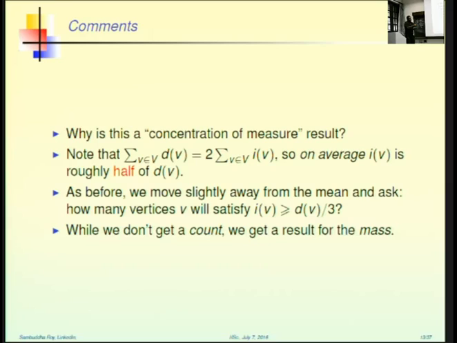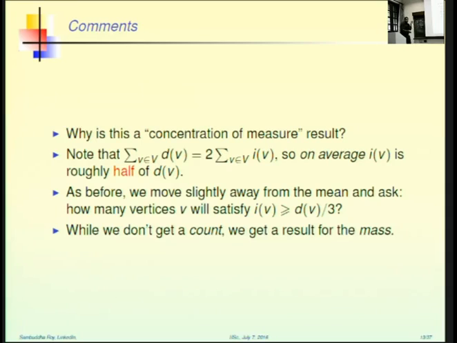And we move away from the mean and ask how many vertices V will satisfy IV is at least dV by 3. Like in the previous problem, we were not able to give a count. Give me the count of the guys who are at least half. We did not do that. All we could say was, take the guys who are at least half, their total mass is at least n by 2. Similarly here, I won't be able to give you a count, it can be very pathological